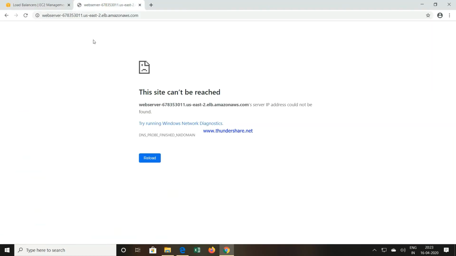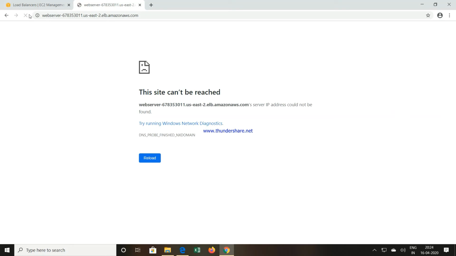Once it becomes active, then we can check whether the load balancer is working or not. What will happen whenever we press enter with this particular domain name, I will see the HTML page as web server 1. If you refresh, then the page will change, meaning you are getting diverted to the second server. So one time it will go to server 1, second time it will go to server number 2, and this is how we get the load balancing done between multiple instances.